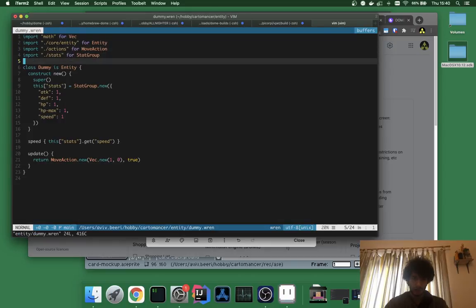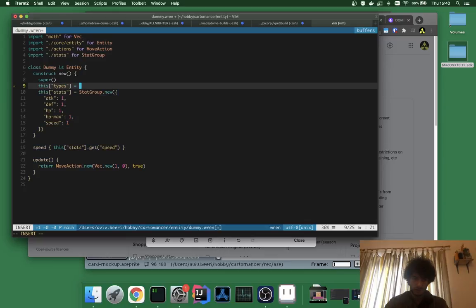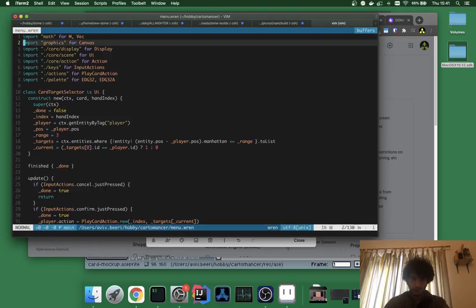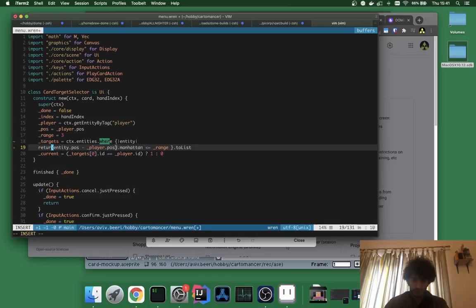instead we'll have the dummy be like this dot types, and it can be a list, and in the list we will have creature, enemy, perhaps for now. And then we can do menu, return entity.has types and entity types dot includes and